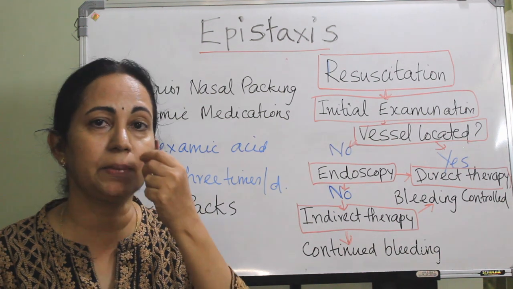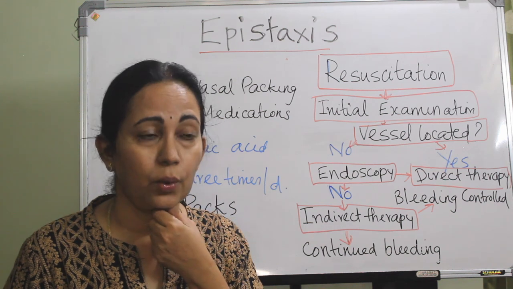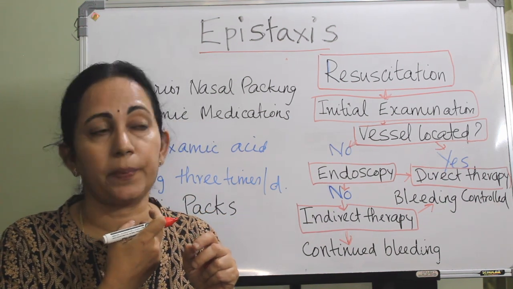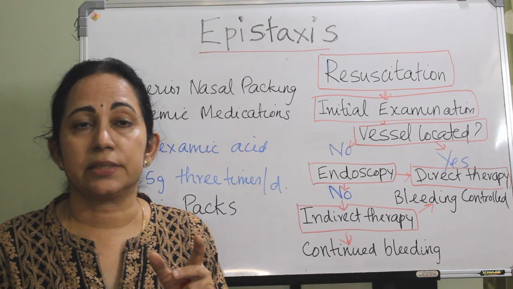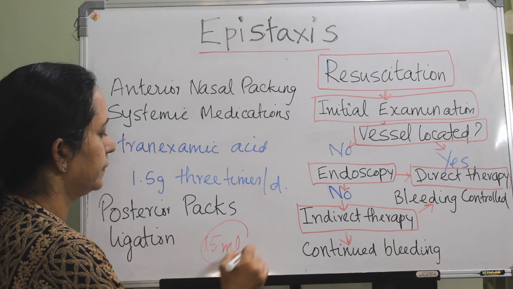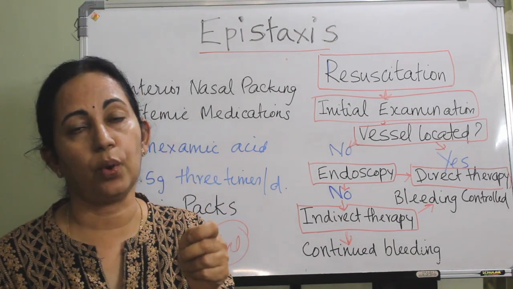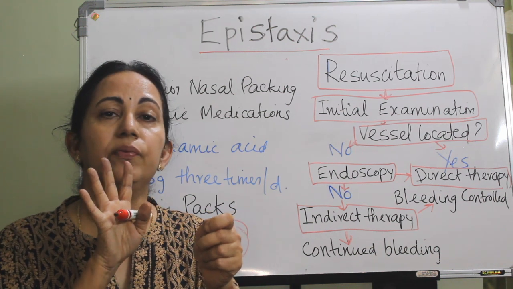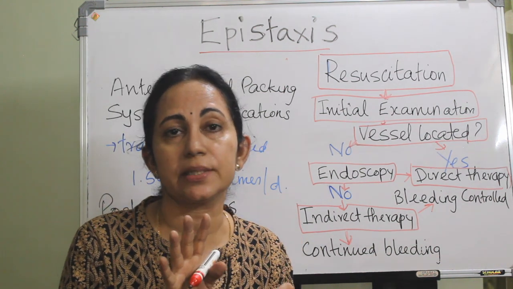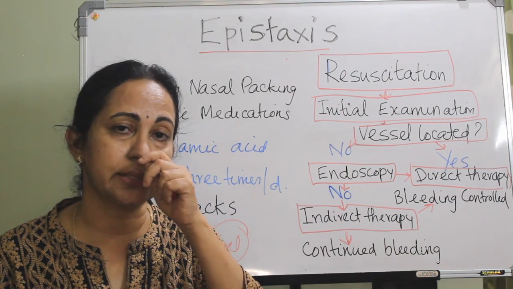This Foley's catheter can be inserted through the nose, and when you see the tip in the oropharynx, posterior to the soft palate, inflate it with at least 15 ml saline, and then pull it forwards so that the inflated end presses on the nasopharynx. Along with this Foley's catheter, give an anterior nasal packing